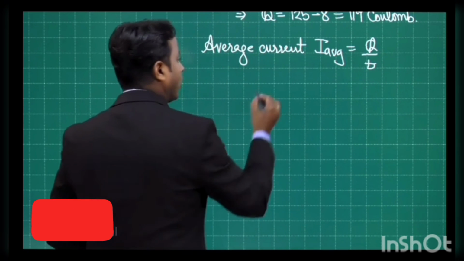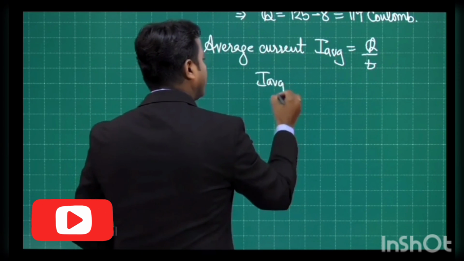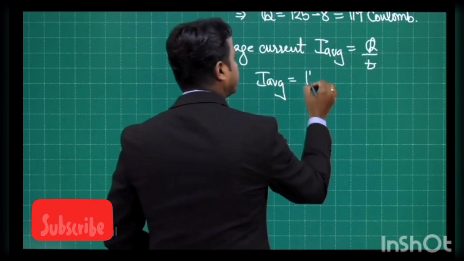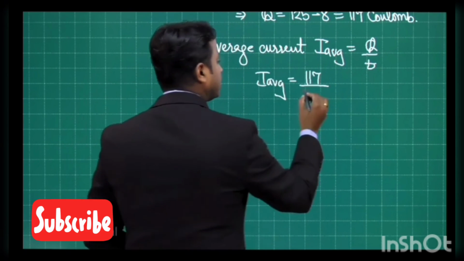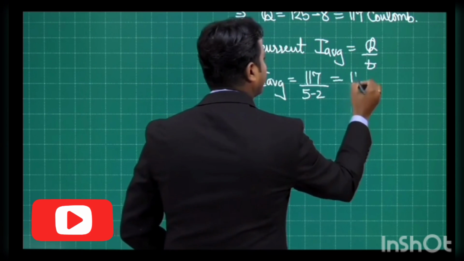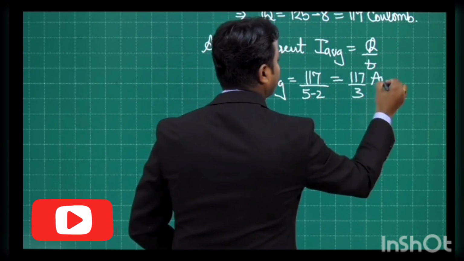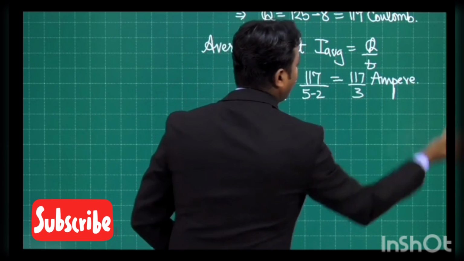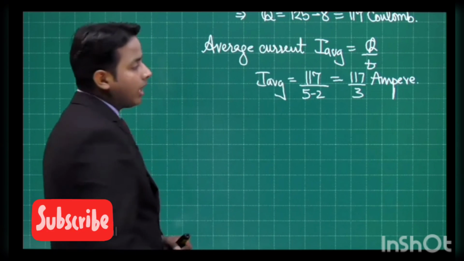As per the given question, the charge which has flown in the circuit is 117 coulomb, and the time is 5 minus 2. So this is 117 by 3 ampere. I hope this idea is very clear to you, and this you can employ while solving